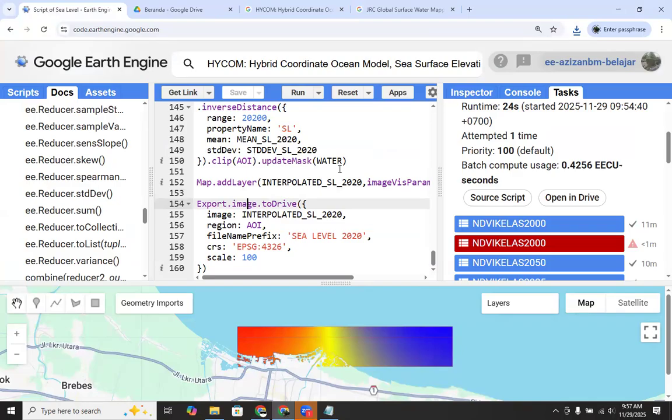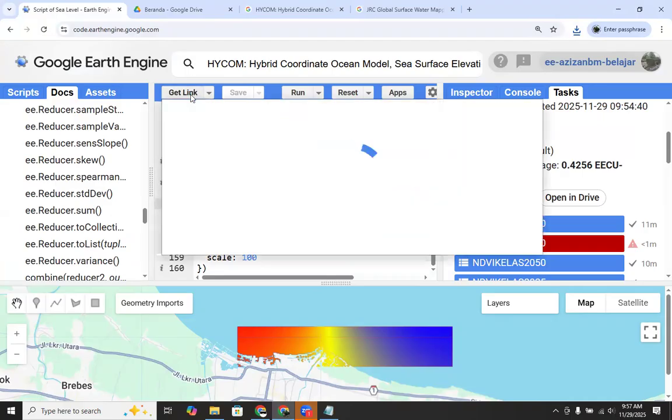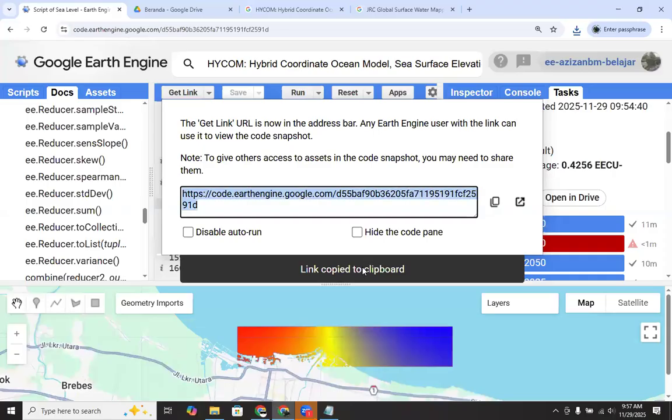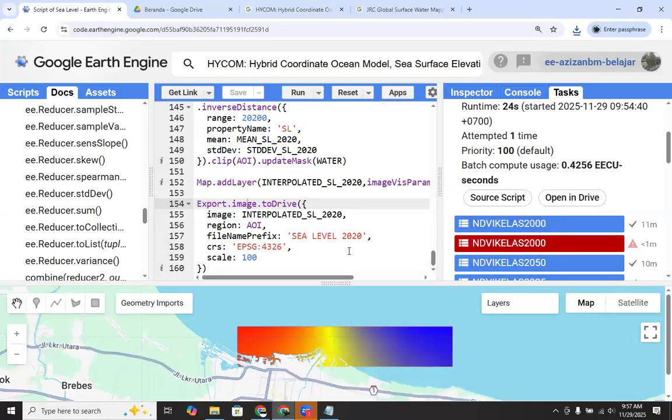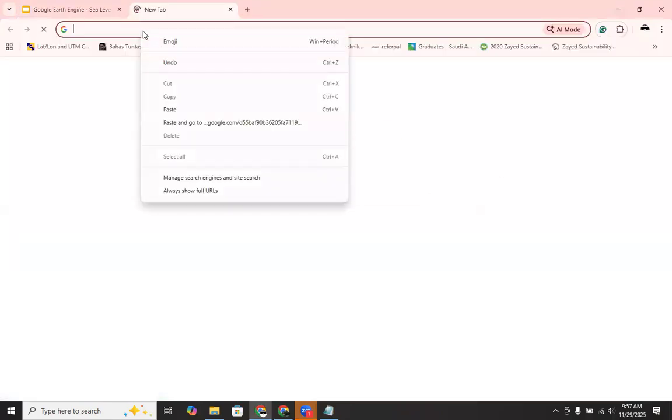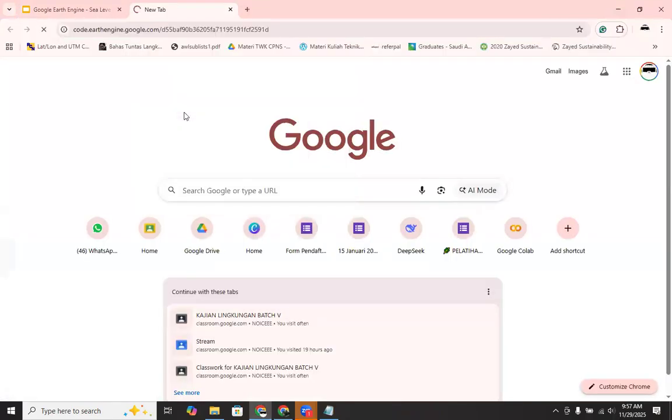In Earth Engine, we can use the same code by clicking the get link, and I will share the link. You just have to use the link. Let's say you want to use the code that we have been using.